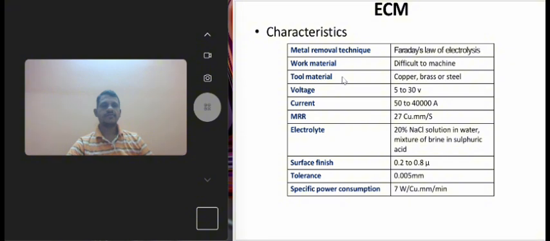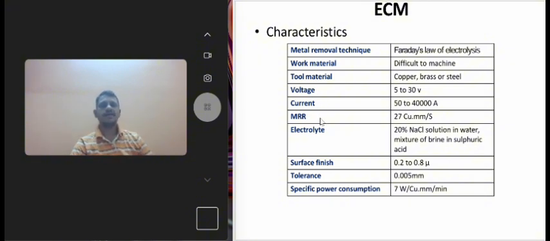Tool materials: copper, brass or steel. Voltage: 5 to 30 volts. Current: 50 to 40,000 amps. Material removal rate: 27